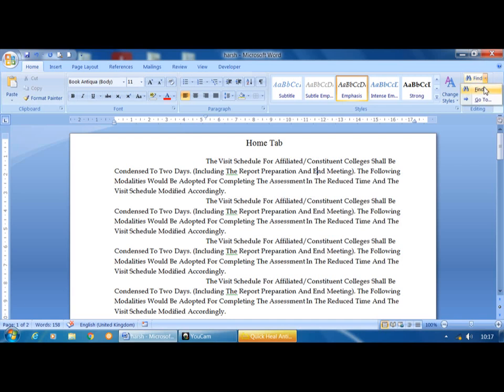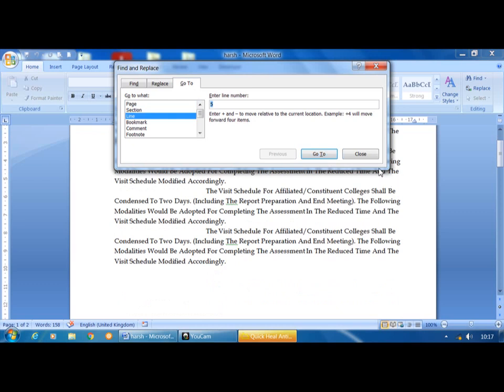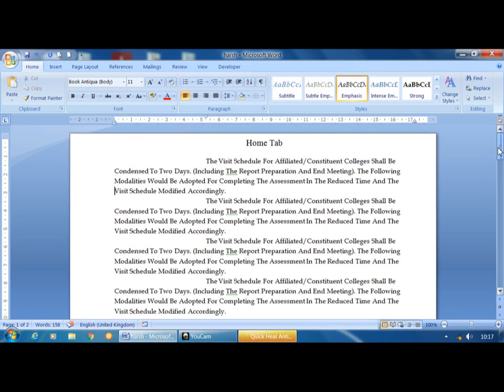And next one is go to. If I want to move to a particular line, if I want to move my cursor to the 5th line, on that time what you can do is just click on line and select the line number as 5. Then click on go to, the cursor will be at the 5th line. See here.